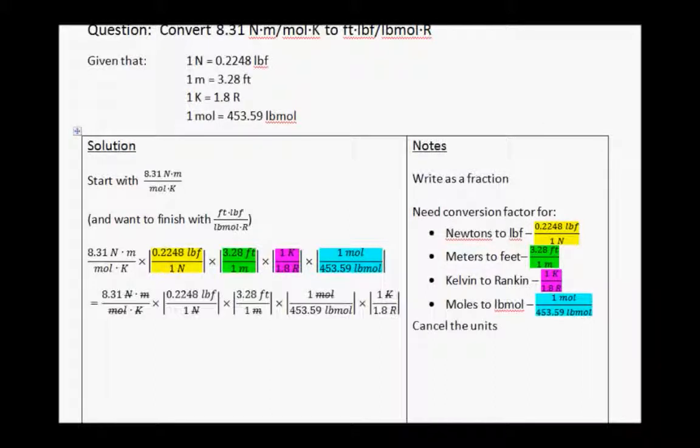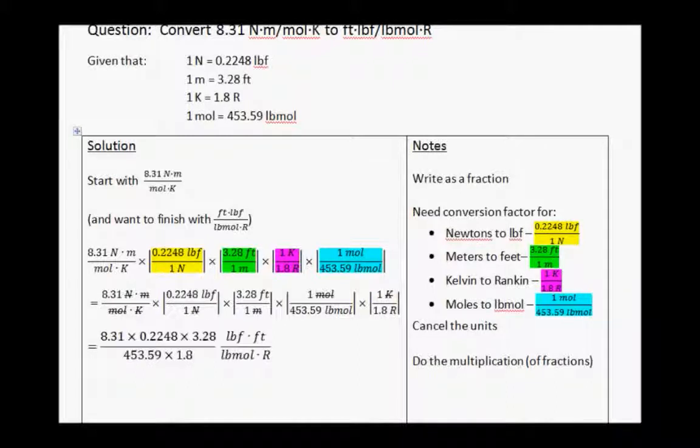Now that I'm confident that I'm going to end up with all the right units for the answer, I'll put down the units for the answer first. And now all that's left is to do the multiplications with the numbers. After working through the multiplication of the fractions, we end up with 8.31 times 0.2248 times 3.28 on the top, and 453.59 times 1.8 on the bottom. So using my calculator, that gives me 6.127 for the top and 816.462 for the bottom. Take the top and divide by the bottom, that gives you the final answer of